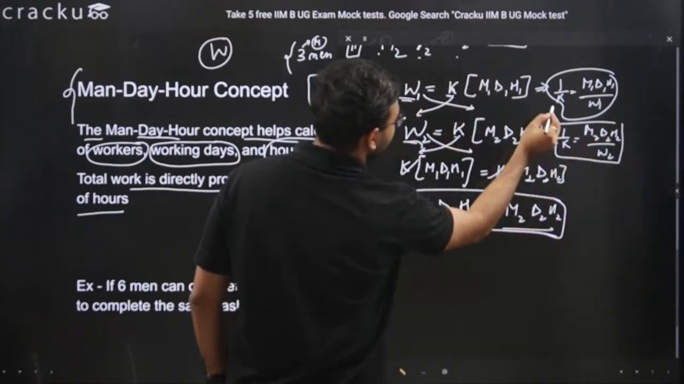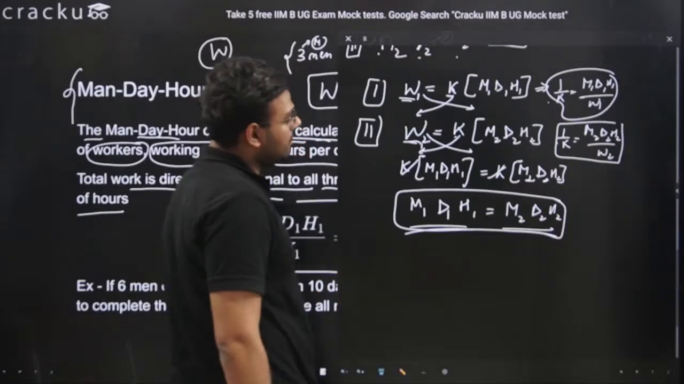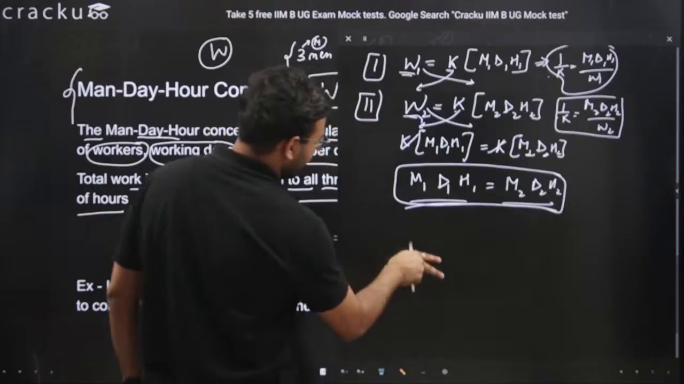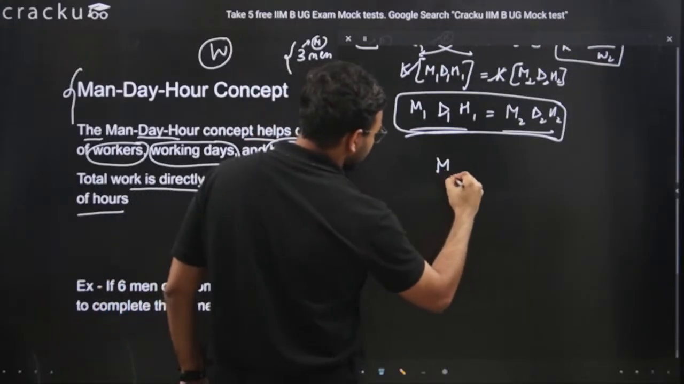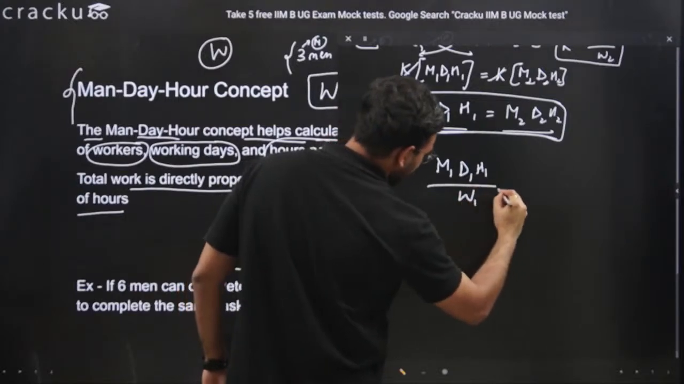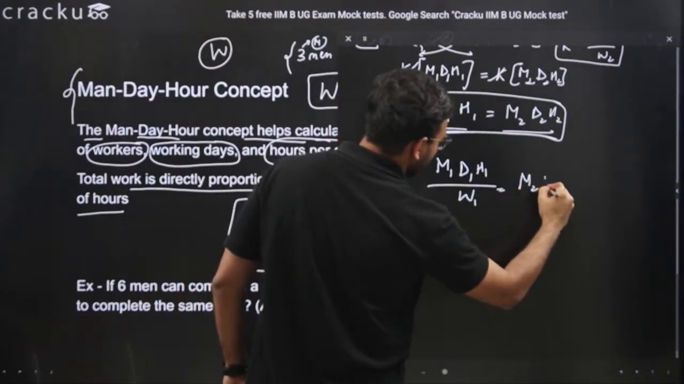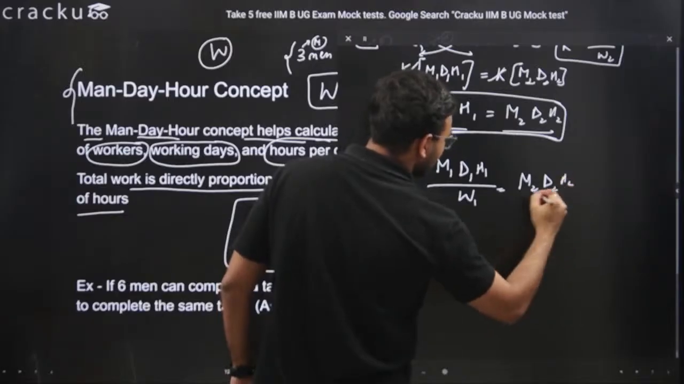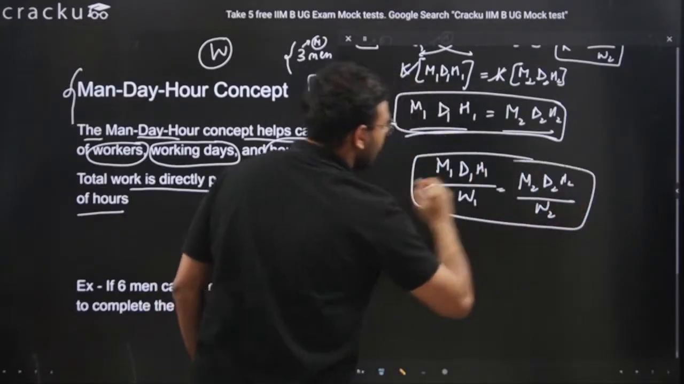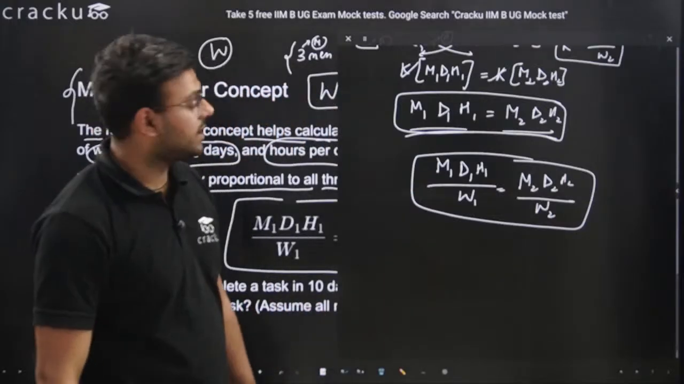Again, this 1 upon K and 1 upon K are the same. So what we can do is equate both of them. So I can write M1 D1 H1 divided by W1 is equal to M2 D2 H2 divided by W2. This is the formula. Now when they are both doing the same piece of work, that is he is also